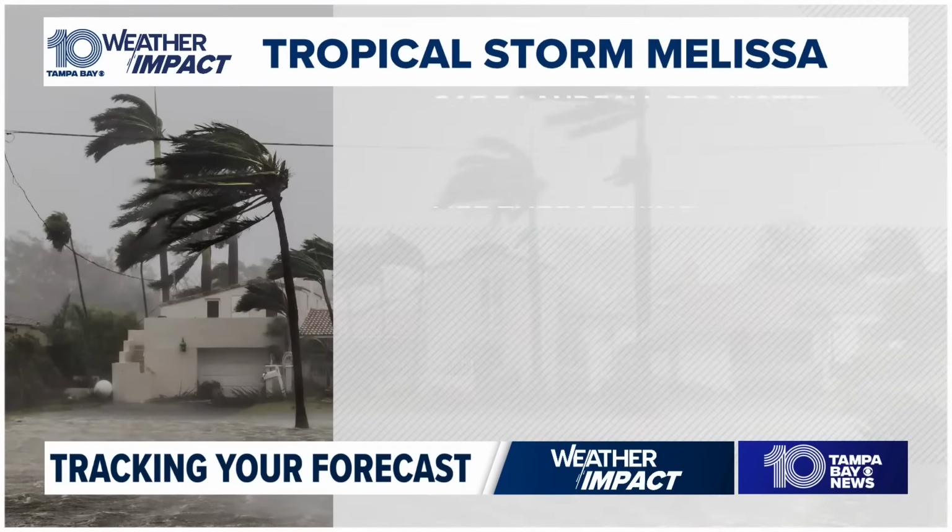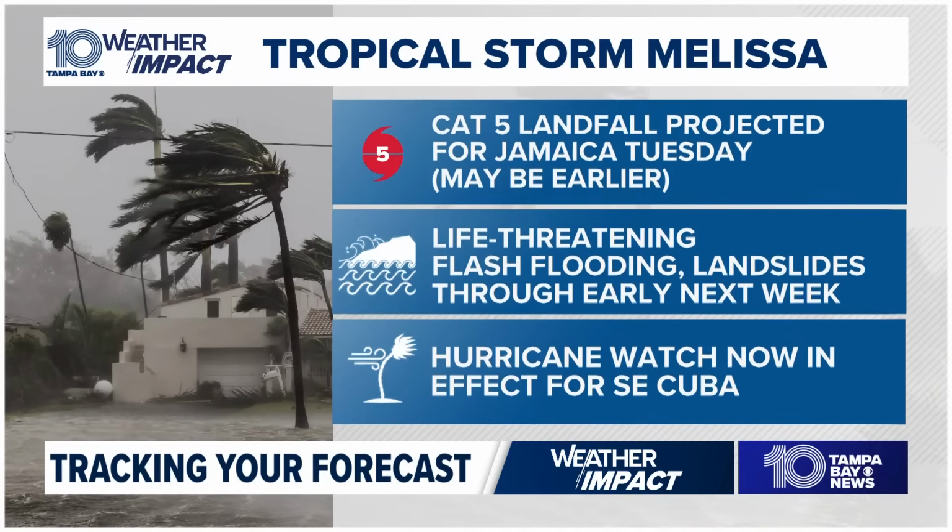So let's break down some of the headlines first. Now, of course, this is now Hurricane Melissa. Excuse me, it says tropical storm because that I did not change yet, but the headlines are updated. We're looking at a Category 5 landfall projected for Jamaica Tuesday, could be as early as Tuesday morning, Monday night. Life-threatening flash flooding and landslides are likely through early next week,